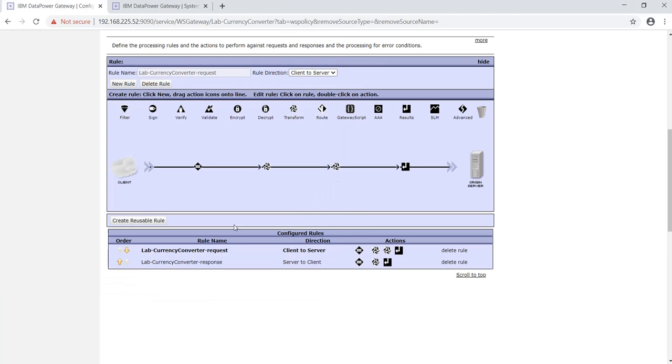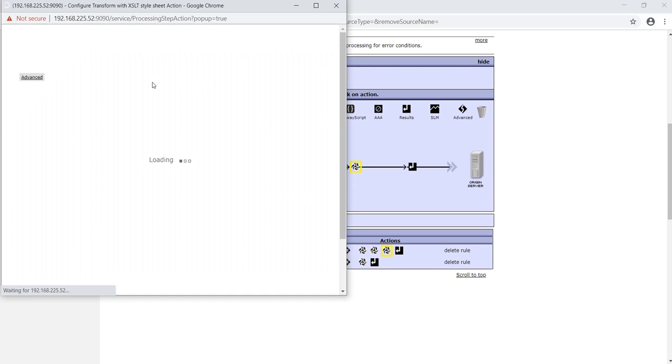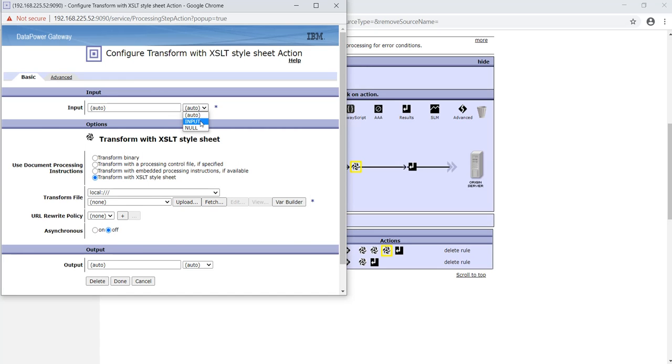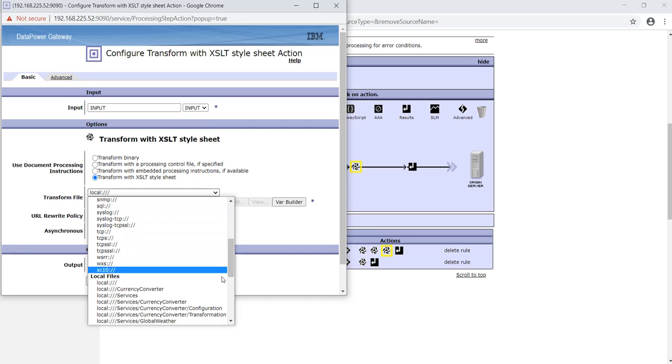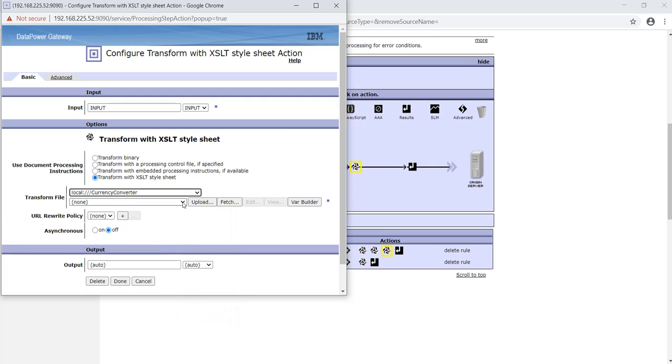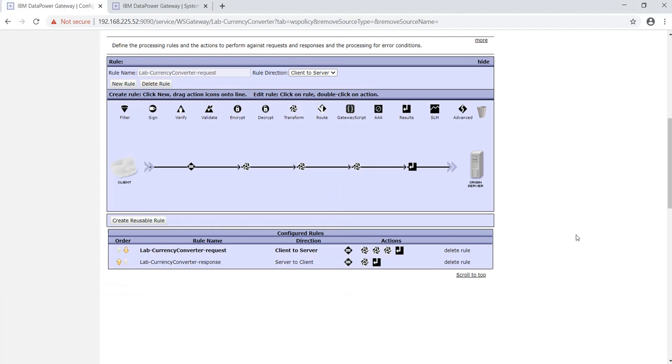Okay, done. And here we'll use one more XSLT. This is our input, and we'll pick that file. This is our message customization underscore context variable, and the output would be a pipe. Okay, done.